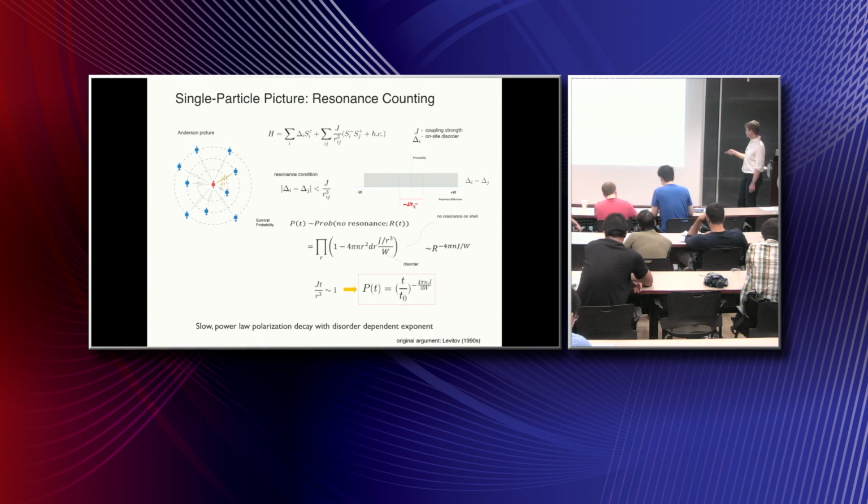And if you then convert time and distance with this relationship, what you will see is that this analysis predicts that the survival probability will decay as a power law, but with a disorder-dependent exponent. And this is a signature of the so-called critical regime. So the system, in the sense of localization, is neither localized nor thermalizing. Well, it's actually thermalizing, but thermalizing very, very slowly. That's a feature of these specific dipolar systems, and that's a feature which we will be using.